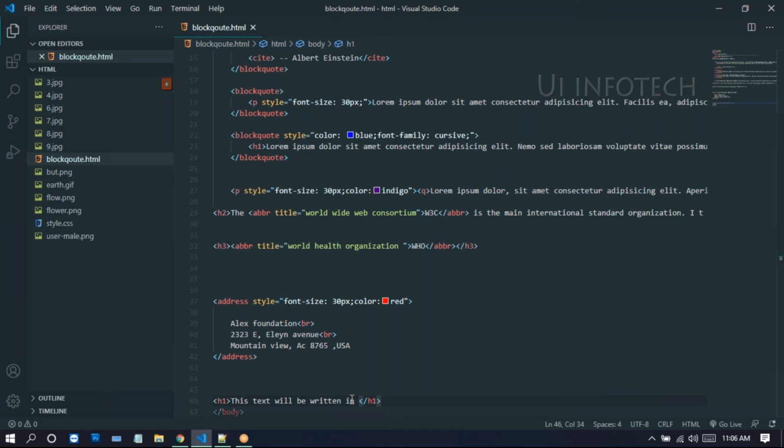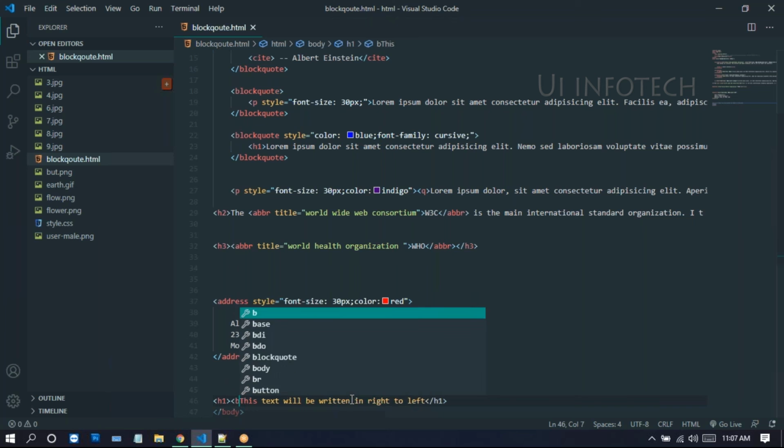Now here I'm just taking the BDO tag. In this BDO tag, I'm just cutting this BDO and closing it here after the paragraph. After the text, I just close this BDO tag.